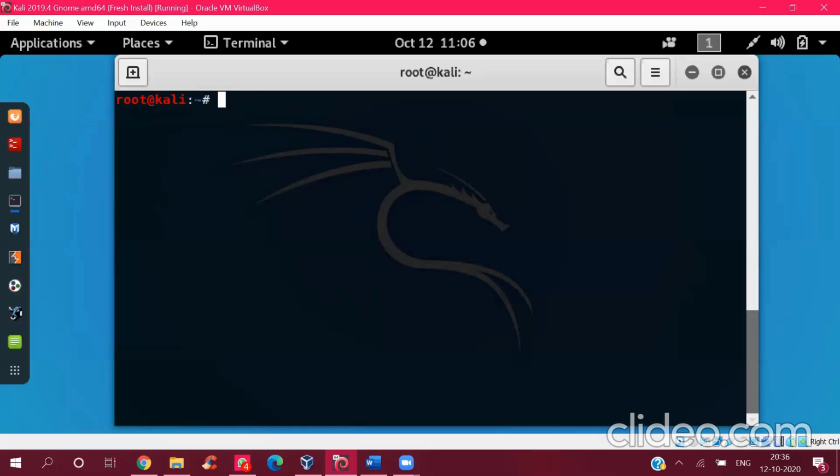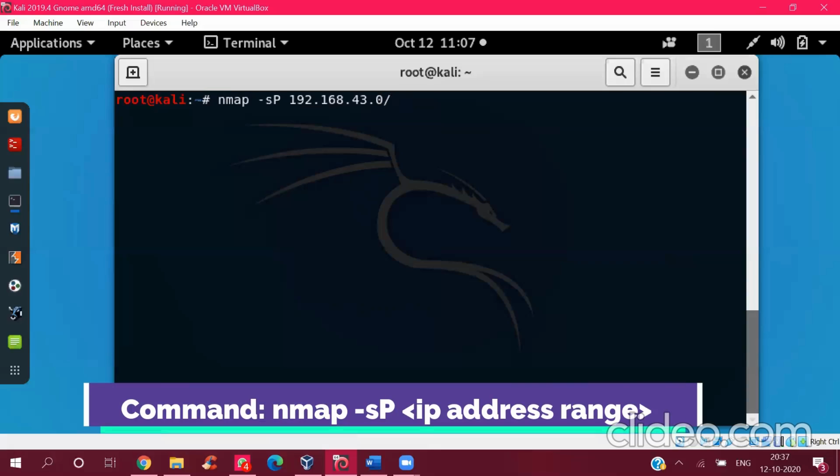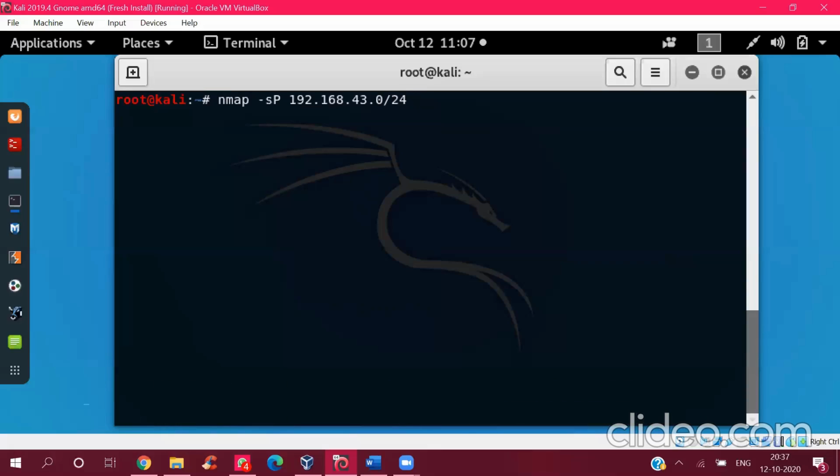So to check all the IP addresses that are active in my subnet, we'll use nmap. So nmap dash sP, and then my IP address slash 24.